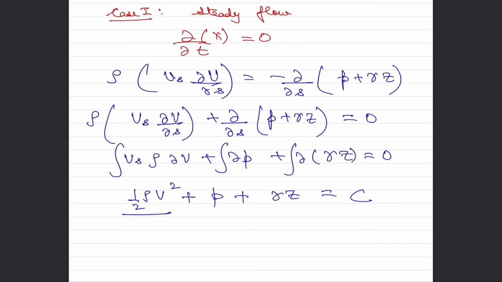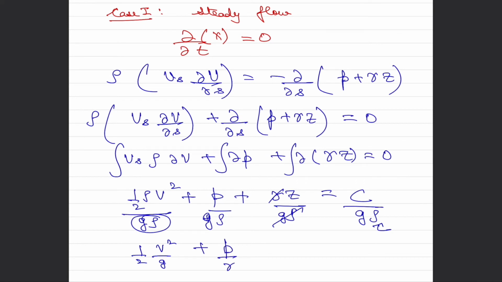So if we divide this term by g multiplied by rho, we can simply say that this is g times rho, and this is also g times rho, and g and rho are going to be constant if we consider our fluid to be incompressible, because that's how we were able to take this limit and this integral, because we considered our flow to be non-viscous as well as incompressible, which is not a bad assumption to make in the case of open channel flows. So this is equal to gamma, and our equation reduces to v square upon 2g